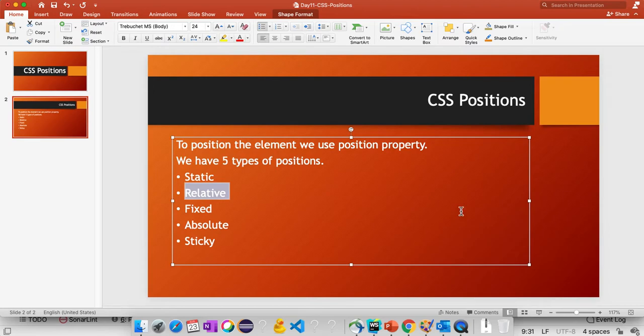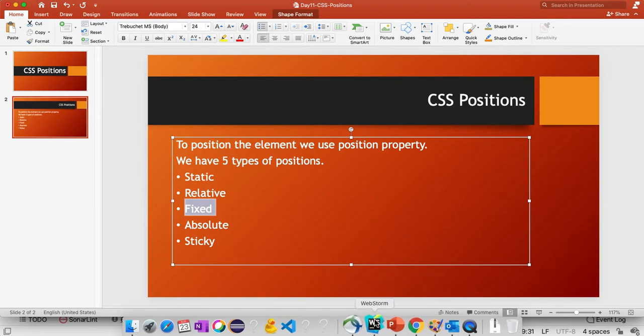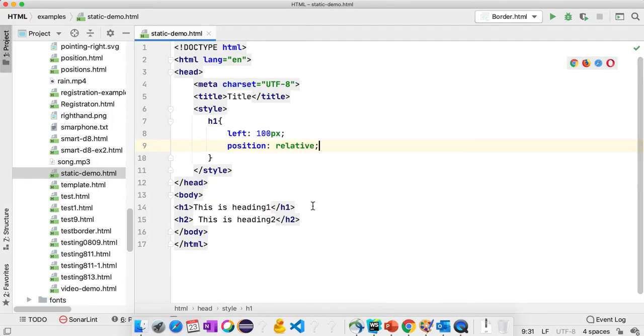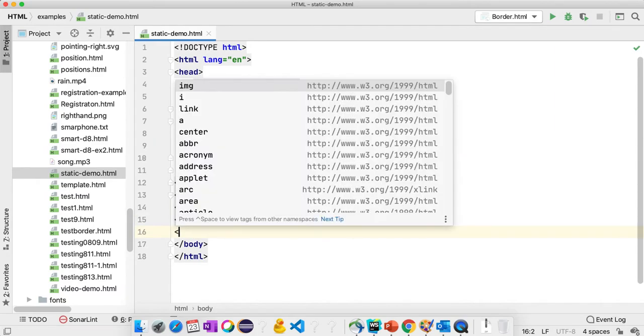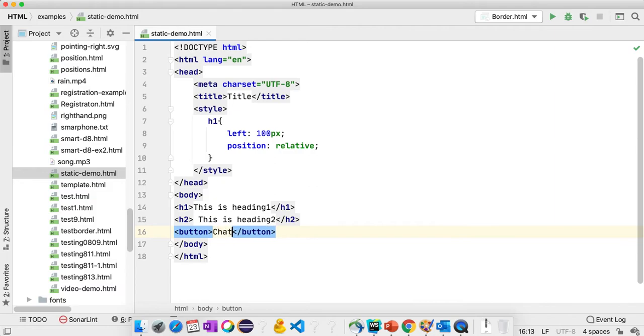Now let's try to understand what a fixed position is. A fixed position is something we use when we want to always show a button or element on the web page at a fixed position. For example, on some websites they always show the chat button. Here I am designing a button called Chat Now. For this button I always want it at the bottom right corner.